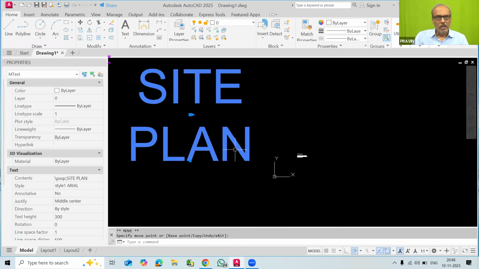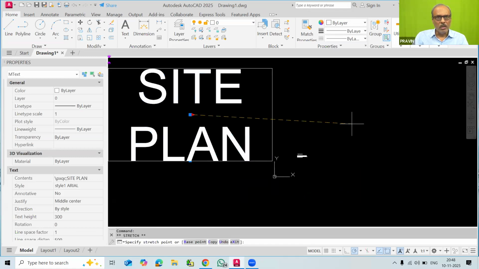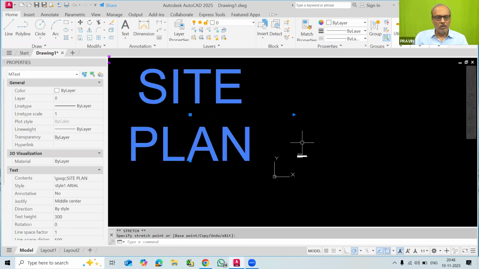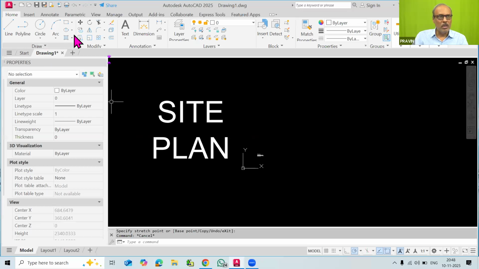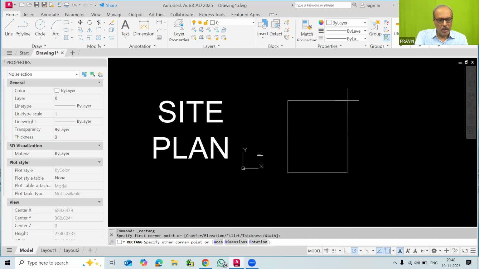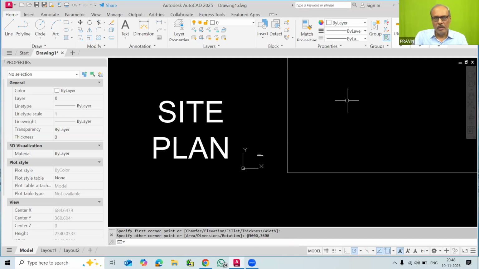Why is it 300? In engineering drawing, the dimensions we are using are in millimeter. For a room size, suppose I draw a room here. I will use the rectangle command and type the size of the rectangle as 3000, 3600, which means a 10 feet by 12 feet room, and press enter.